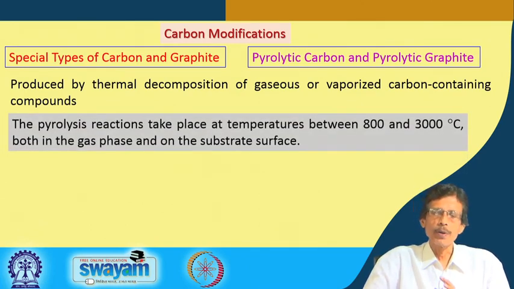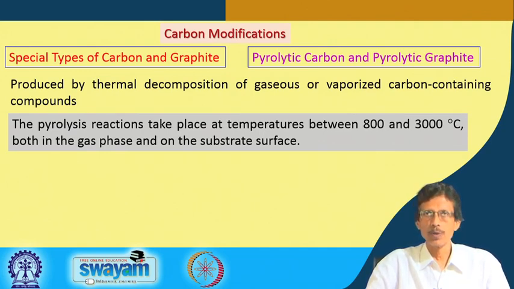and taking the proper precautions that we do not want to burn the carbon as carbon monoxide or carbon dioxide, because we want to leave it as carbon itself. So, these pyrolysis reactions take place at a particular temperature, which is very high, depending upon your starting material or the raw material or the feedstock. What material we are utilizing for getting this particular type of carbon is important. So, a range from 800 to 3000 degrees centigrade is important for both